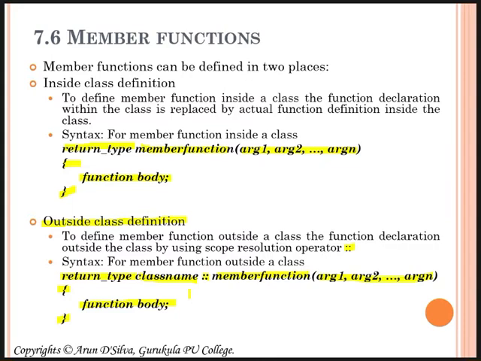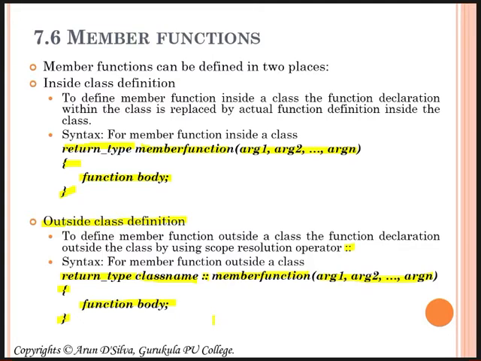So if the function name is the same, you make use of the scope resolution operator, and in front of that a class name will be there. That time there wouldn't be any kind of ambiguity. And the next one I can tell you: the member function can access private data of that class. Other functions cannot. Only the member function, even if you are using it outside, can access the private data of that class. I'll make it clear while dealing with an example.